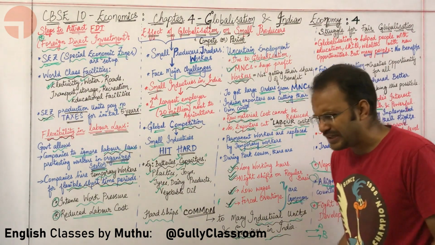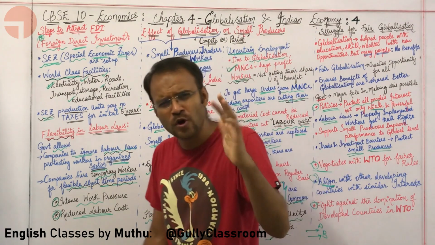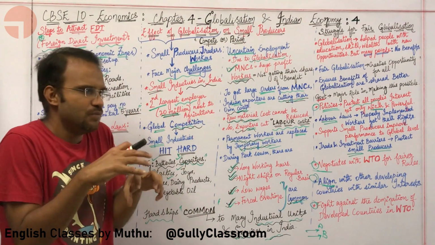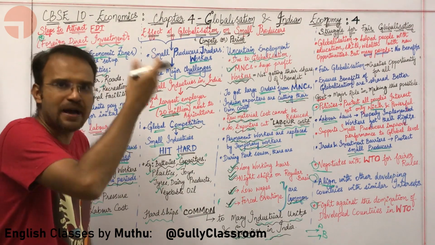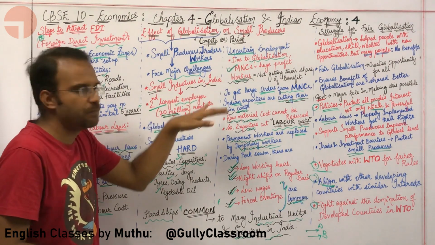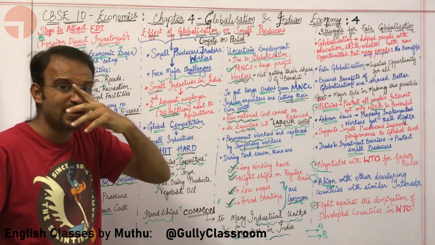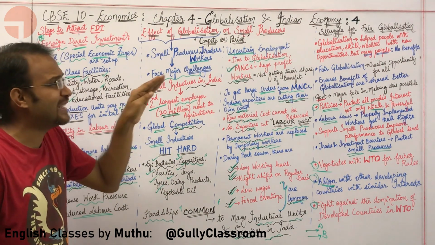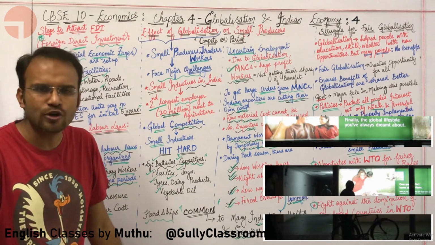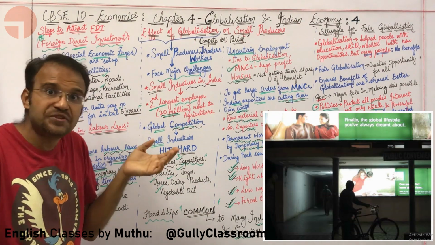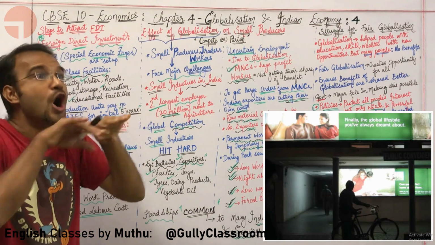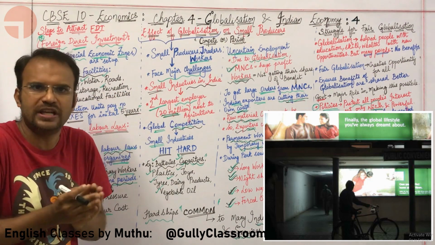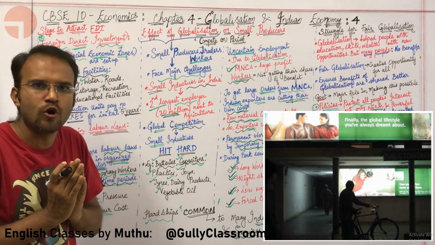So if you look at it, the benefits of globalization are not actually fair. They are biased towards MNCs. The common people, the common wage earner, does not get the benefit of globalization. That is the struggle for fair globalization. A globalization which is benefiting all sectors of people, all segments of people equally can be called fairer globalization.